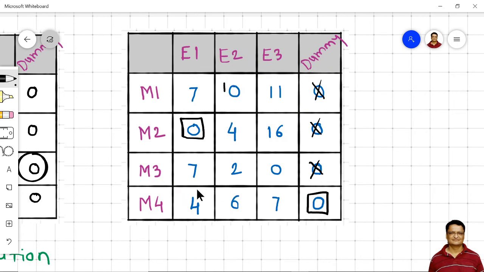Here I am getting only one uncrossed or unassigned 0, so I can make an assignment over here. Again, there are no zeros in this column or in this row. So I will go to the third column, and here also I am getting only one uncrossed 0, and I have made the final assignment over here.